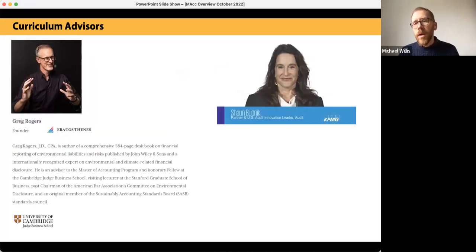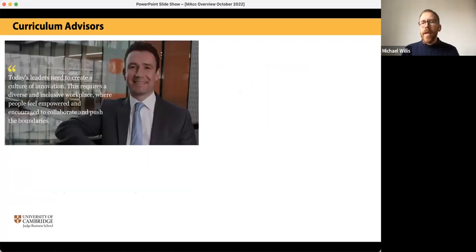Greg Rogers, who literally wrote the book on environmental accounting and accounting for environmental liabilities, and is one of the top global consultants in the area of climate reporting and sustainability reporting. Sean Budnick, who was a former head of audit innovation at KPMG and Deloitte in the US. Ben Taylor, who's senior partner in sustainability strategy at EY in London. So these are examples of people that both advise the curriculum and come into the classroom to speak to our